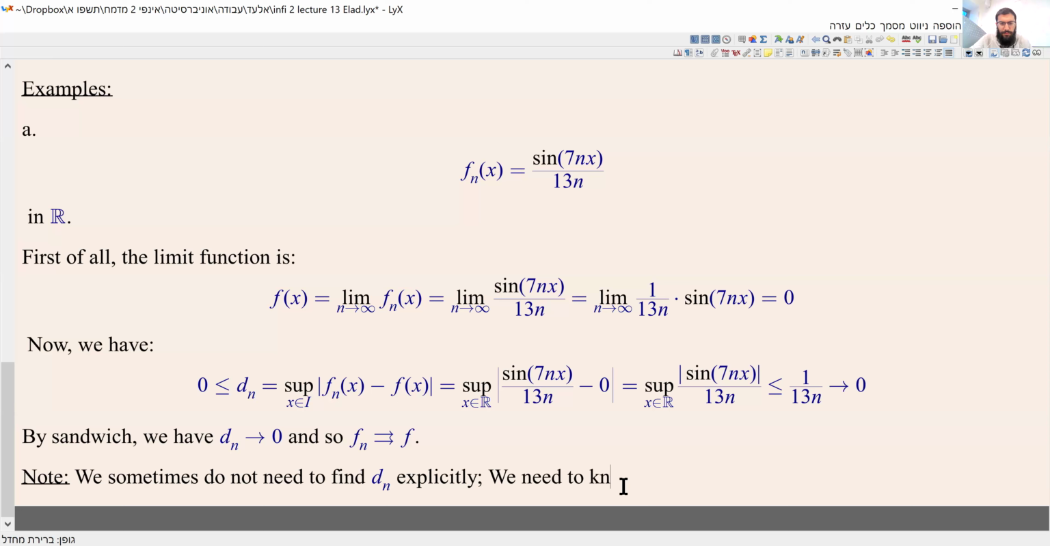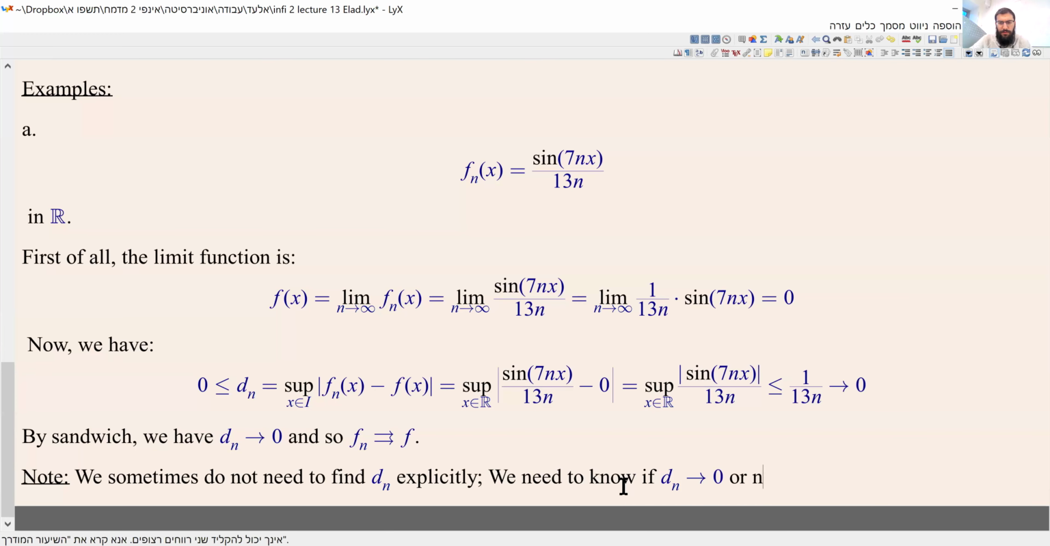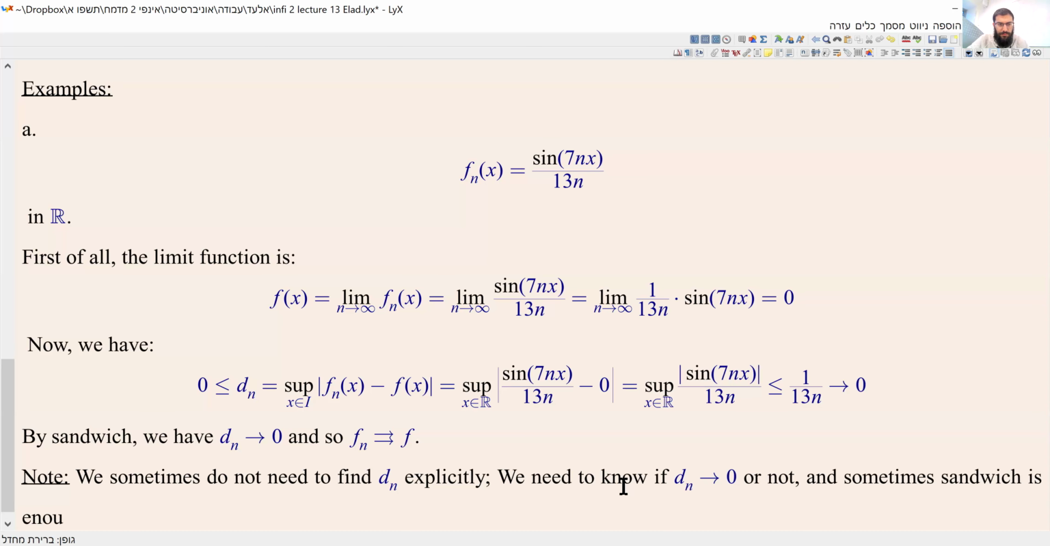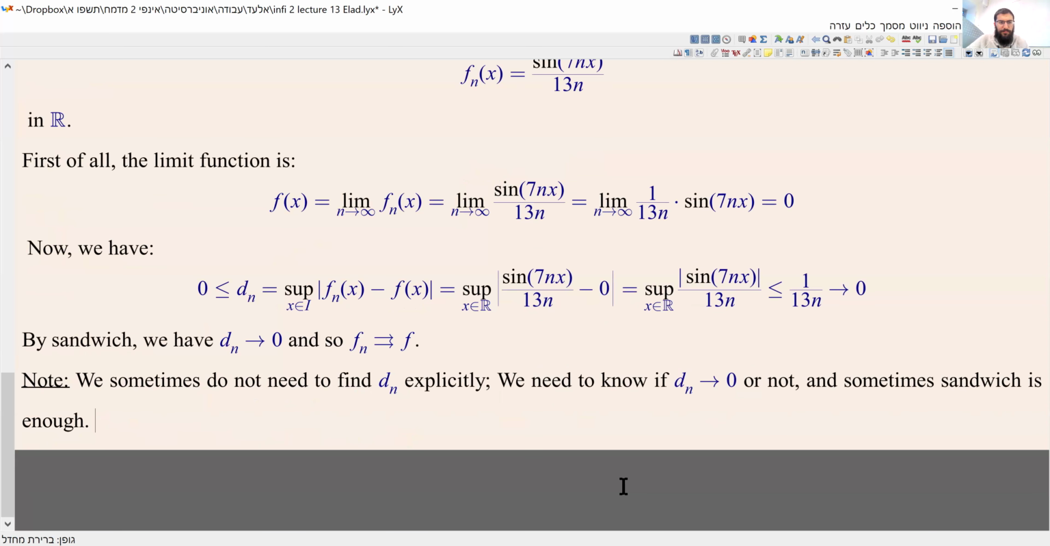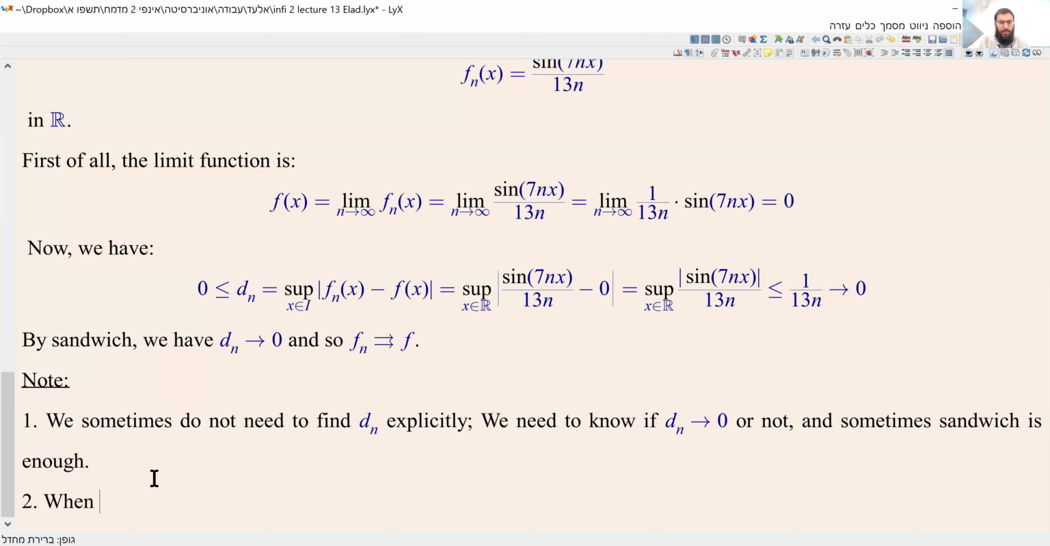We need to know if dn goes to infinity or not. And sometimes a sandwich or other considerations is enough. This is my first note. The second one, when we calculate the supremum,